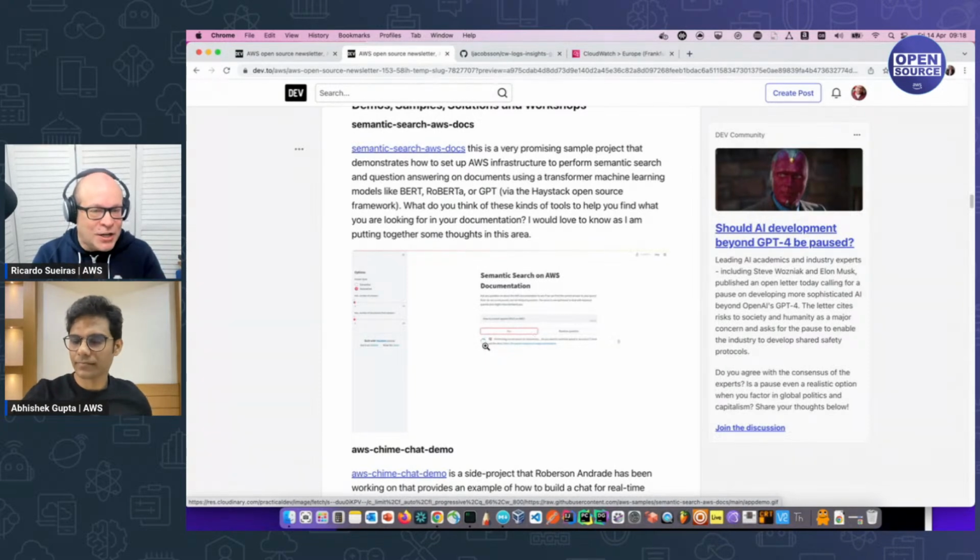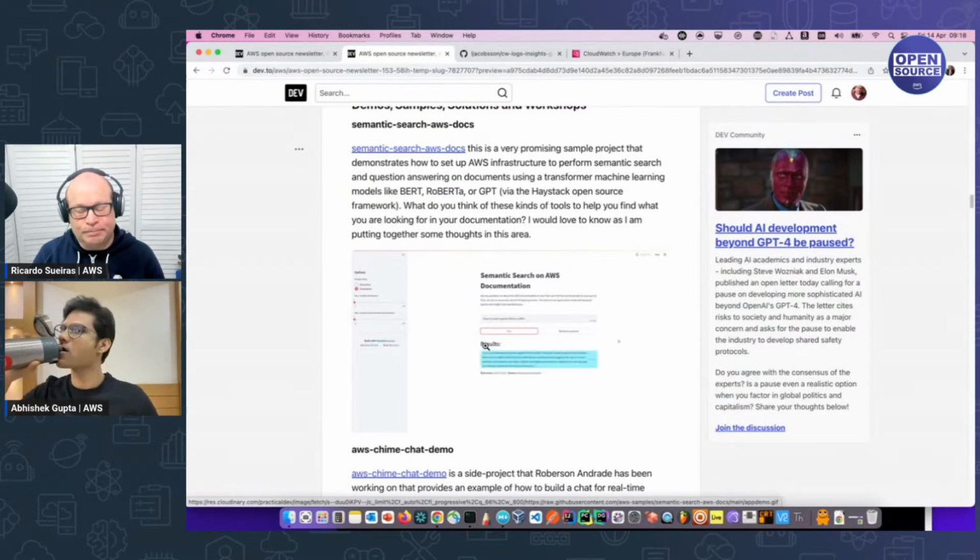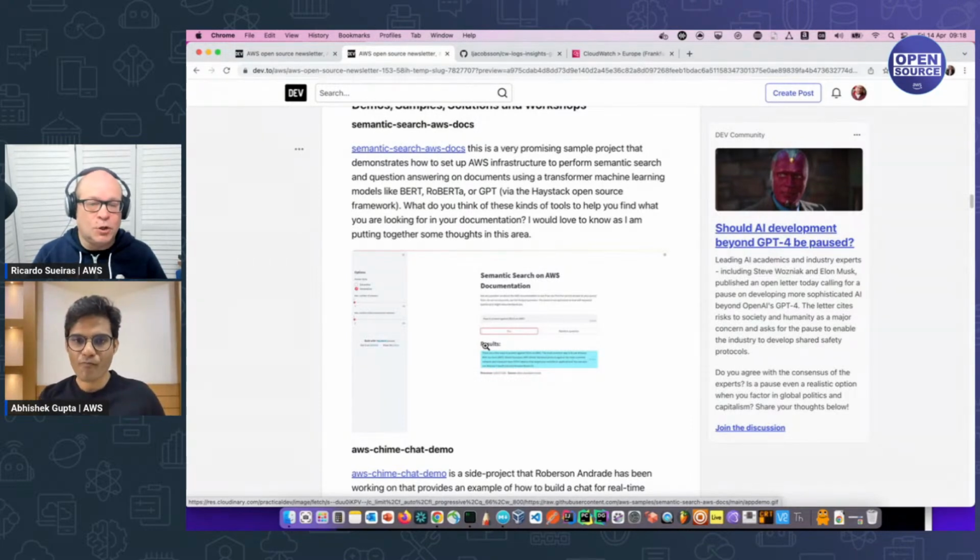And so I think it's a very interesting demo app that is worth exploring to see how you might be able to use it to improve your documentation, or make it easier for developers to use your documentation. So those are the projects that I want to